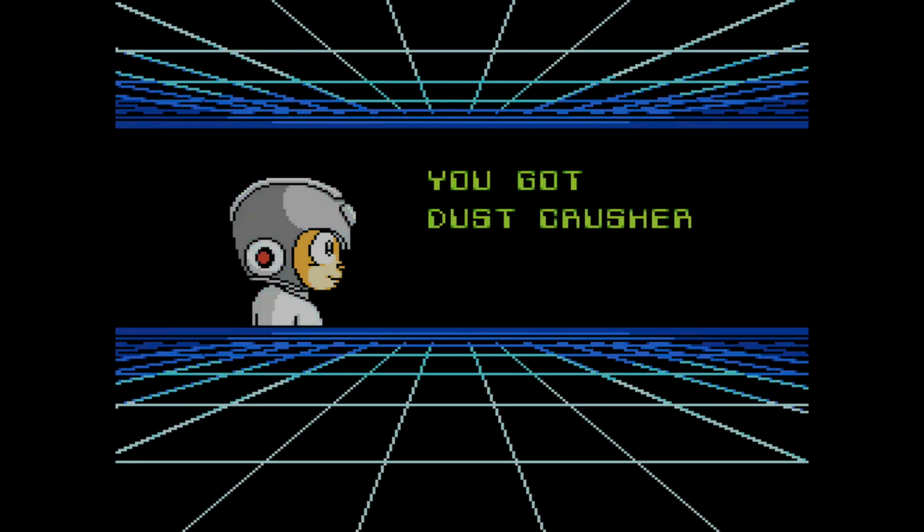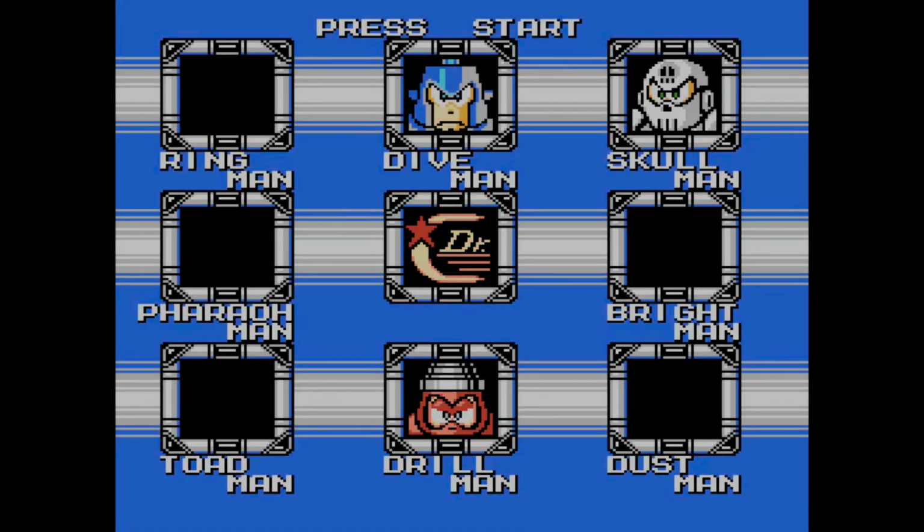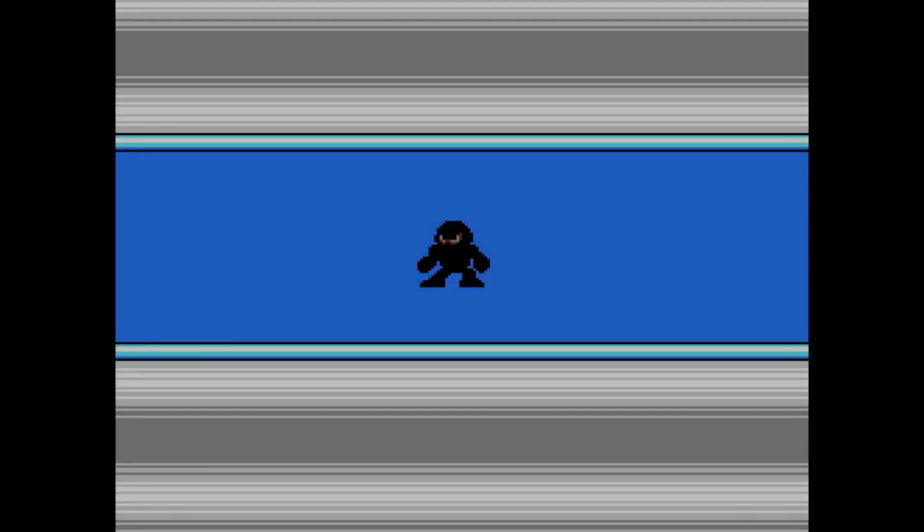And when I say passive, I mean the enemies that tend to follow along the ground, like I think they're chainsaw blades in this game. But we'll get into my second favorite robot master here, Skullman. Now, the interesting thing about Skullman, and I found this out